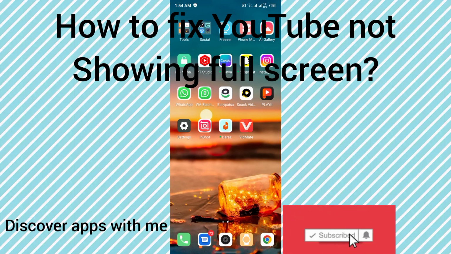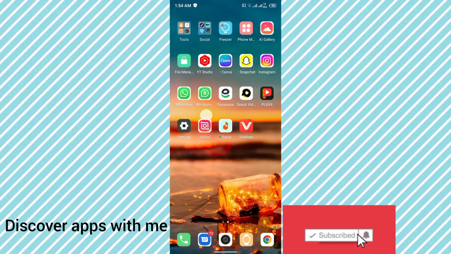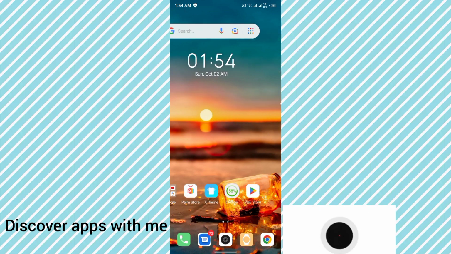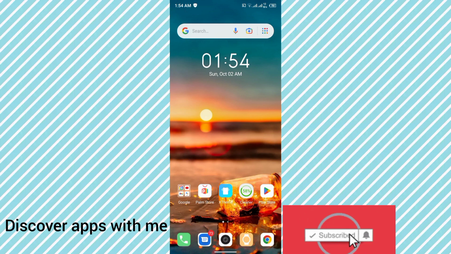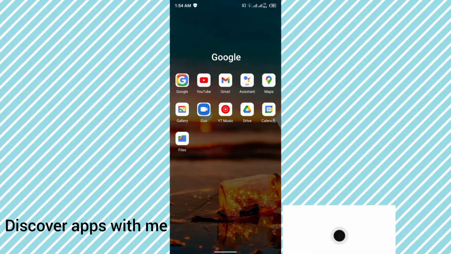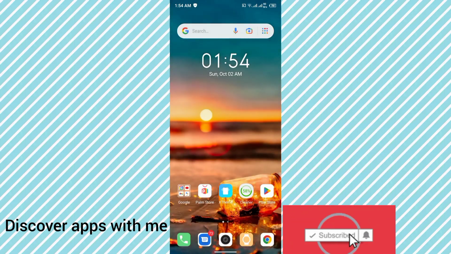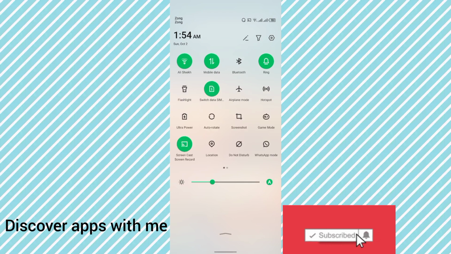In this video, I'm going to show you how you can fix YouTube not showing full screen. If you are not able to see YouTube videos on your full screen, now I'm going to show you the solution of this. For this, you have to scroll down your mobile settings from the above, and on the